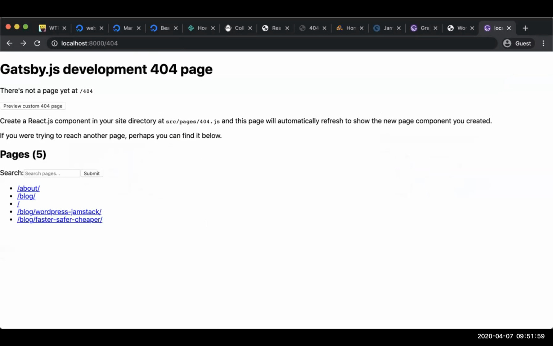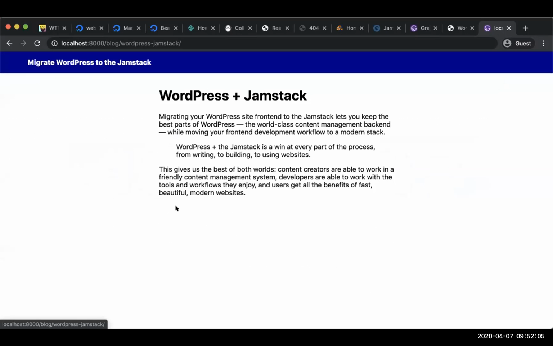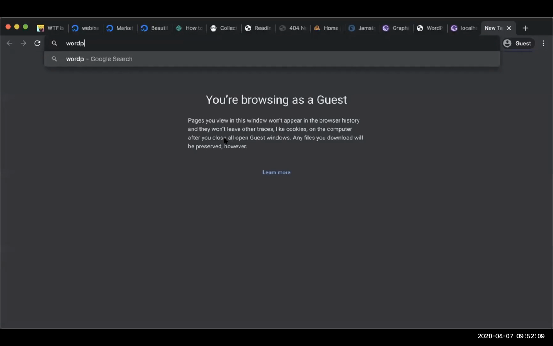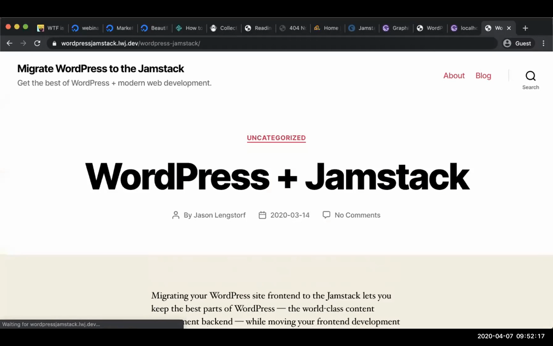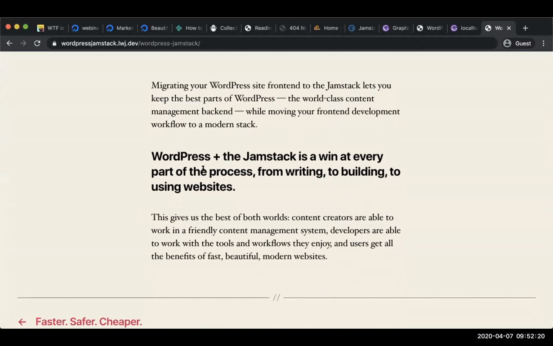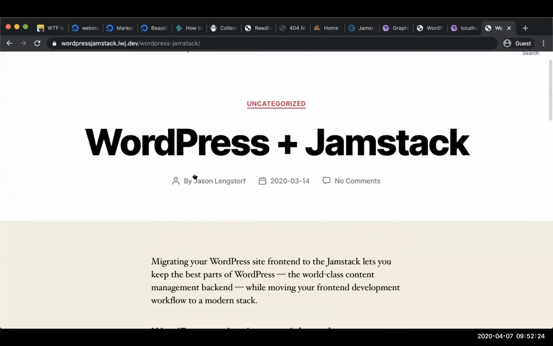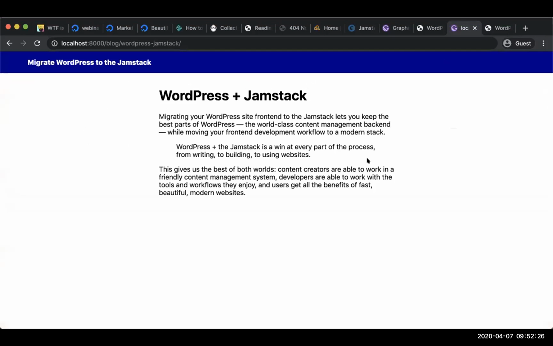So the next thing that we can do is we want to make sure that our block styles work. So let's take a look at, like, here we've got this WordPress JAMstack. If we look at WordPress JAMstack.lwj.dev, we can see that on this blog, we've got this post that has this kind of block style. It uses the WordPress block style. So I want to be able to just pull those in, but I don't want to have to rewrite those